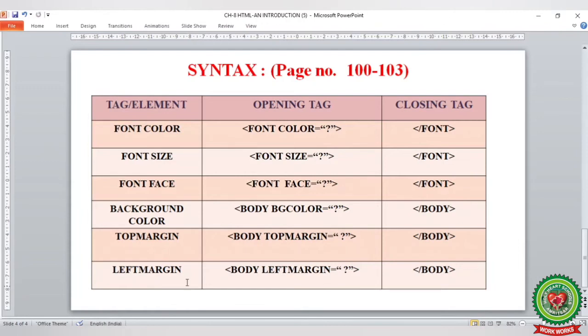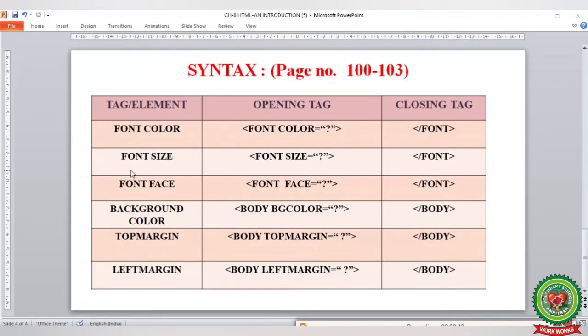Here we will learn the first tag, that is font color. Here the opening tag of the font color is within the angular brackets font space color is equals to, within the double quotes you can type any color name, and to close this tag we will use within the angular brackets /font.